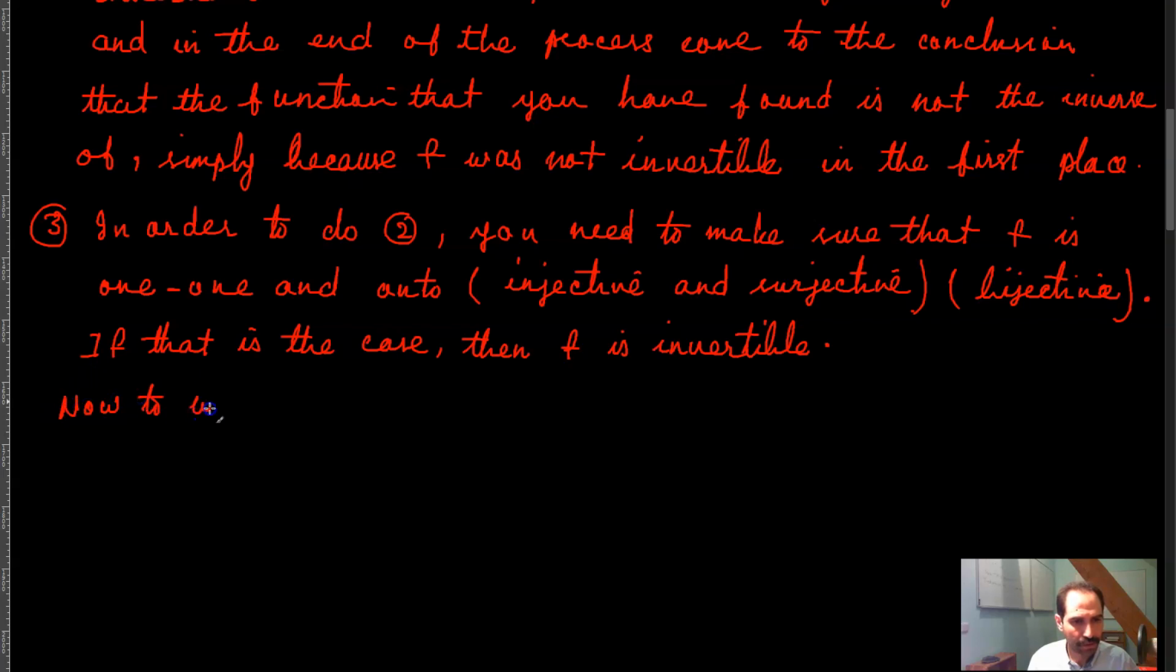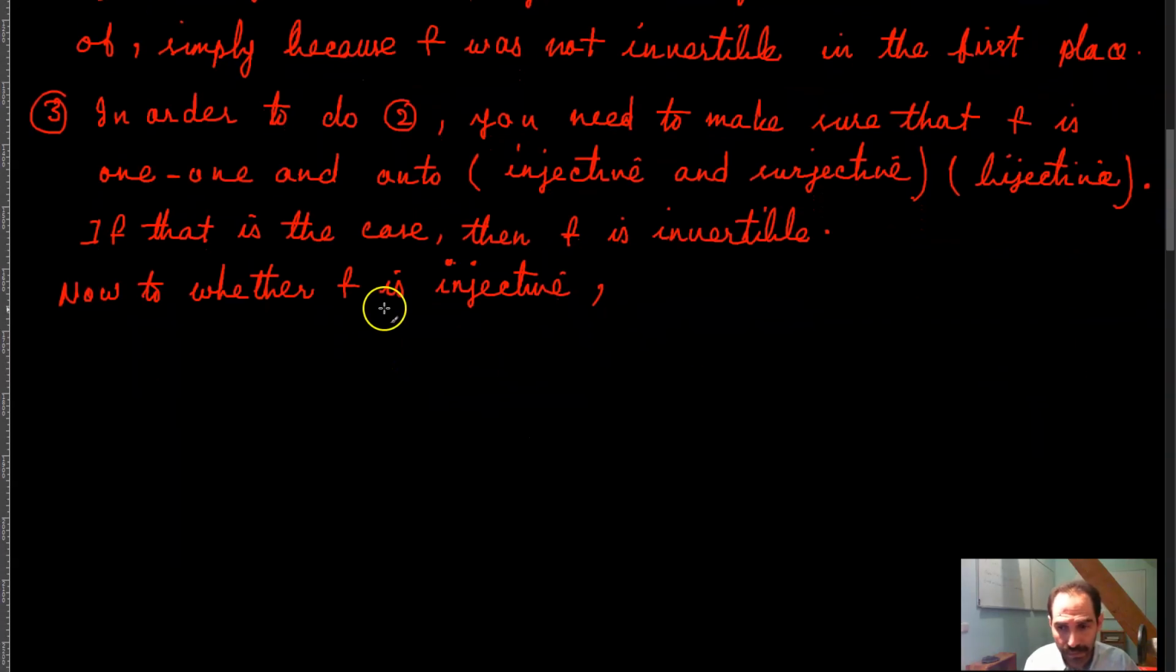Now to check whether f is injective, you need to make sure that f being injective means that every distinct element of the domain has a distinct image in the codomain of the function, which means that